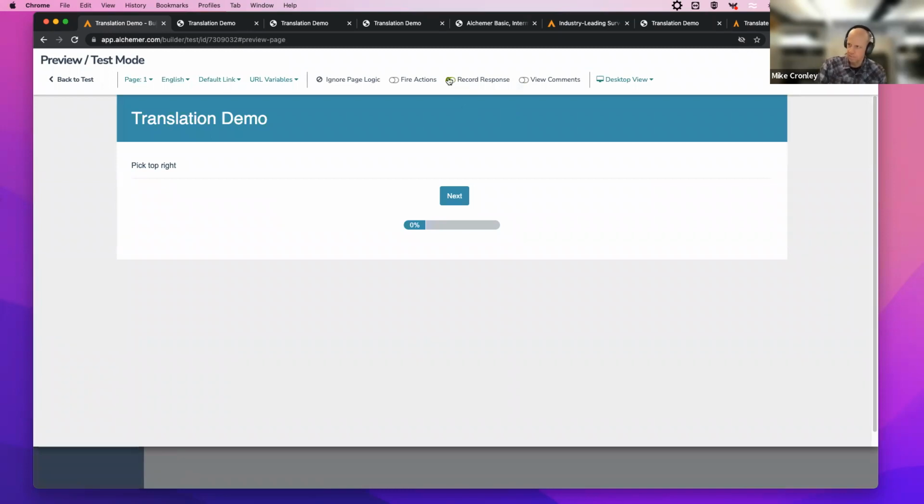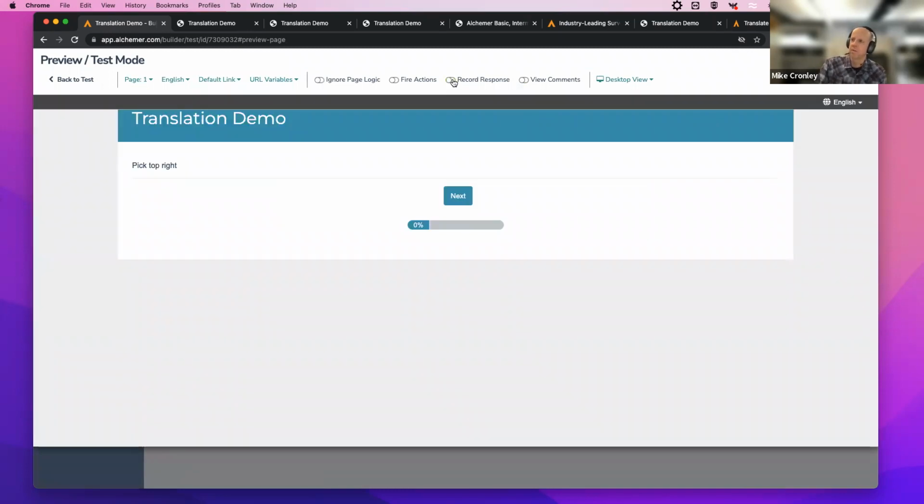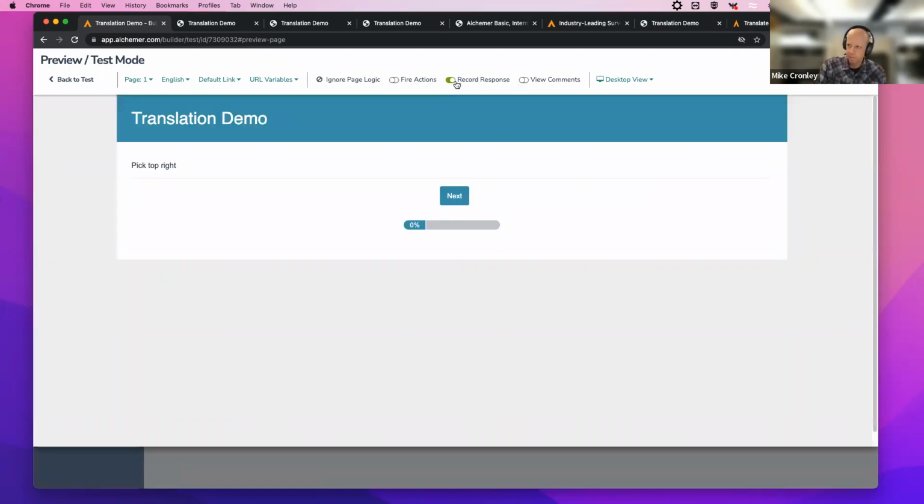Same exact thing, except this is toggled on and you can control this. By default from the test tab, we're going to record it as a test response. And in the link, you'll see this little test text, and that's the way we flag it and record it as being a test response.